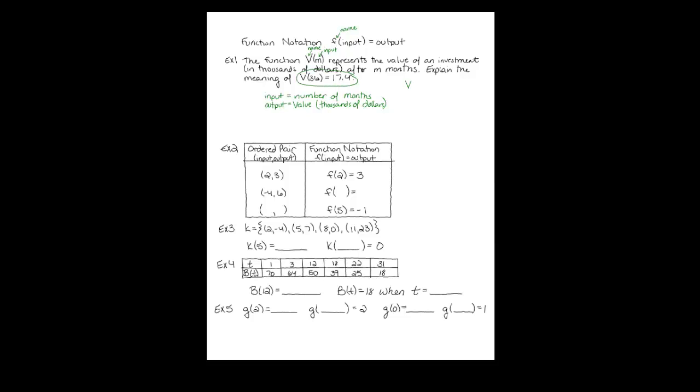I'm just going to copy it down over here at the right. V of 36 equals 17.4. Now this is given in function notation. V is the name of the function, so 36 is the input value. So 36 is going to be the number of months. So 36 months. 17.4 is the output. So 17.4 is the value of the investment measured in thousands of dollars. So 17.4 thousand